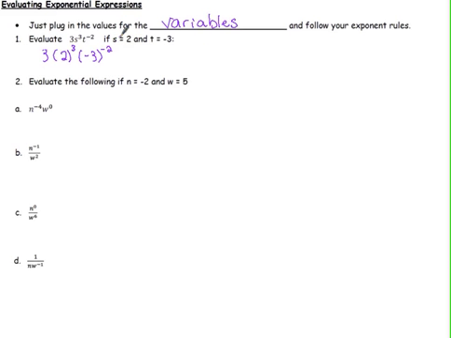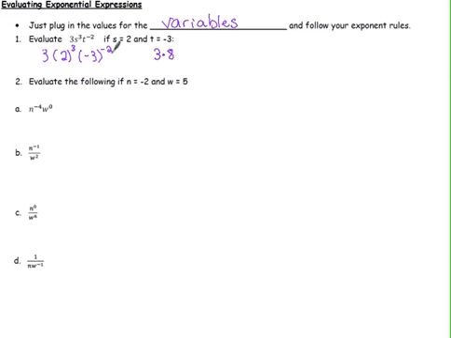PEMDAS tells me that I have to do my parentheses first. Well, I don't really have parentheses here. Those parentheses are there just to show me where my exponents go. So next I have to do my exponents. So I'm going to look. This first one here is 2 cubed. What is 2 cubed? It's 8. So I end up with 3 times 8,